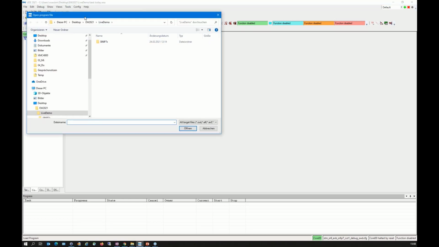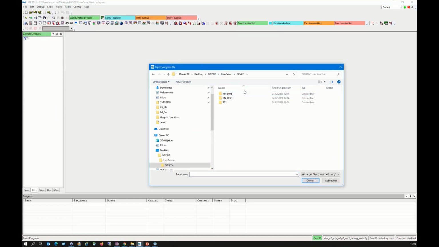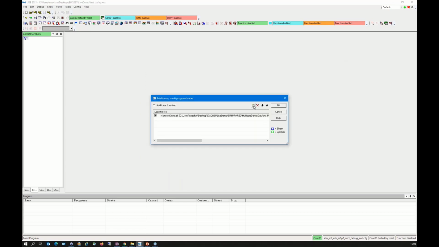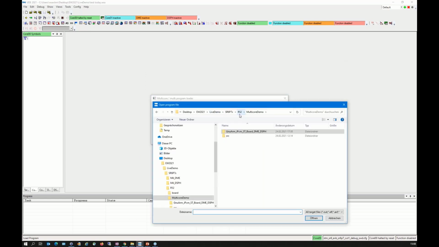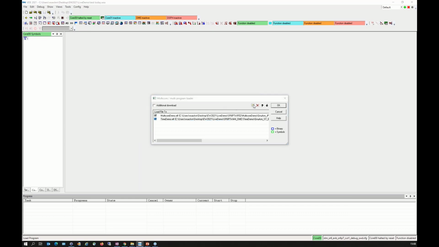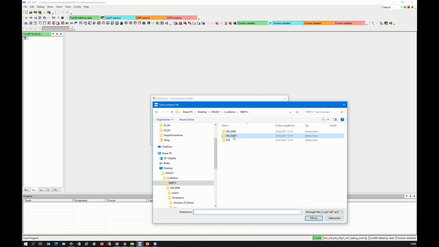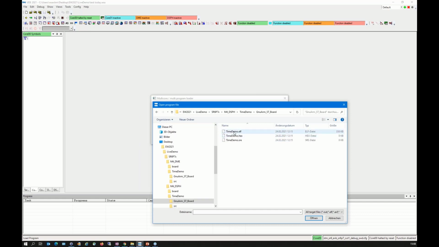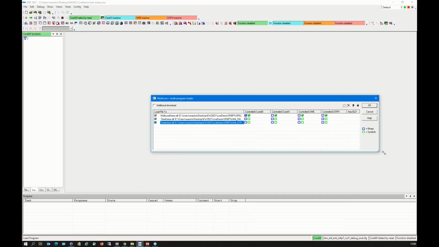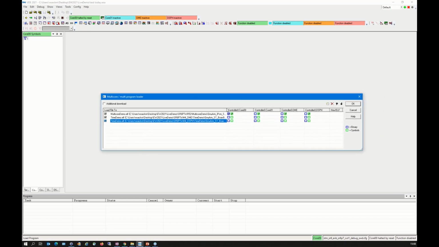We have, as I said before, 3 different applications. One is running on the R52 cores. It's called the Multicore demo. Select the hex file, and then we select 2 additional ELF files for our helper cores. The first and the second one. And now we can see here in this multi-core, multi-program loader that UDE has these 3 files,